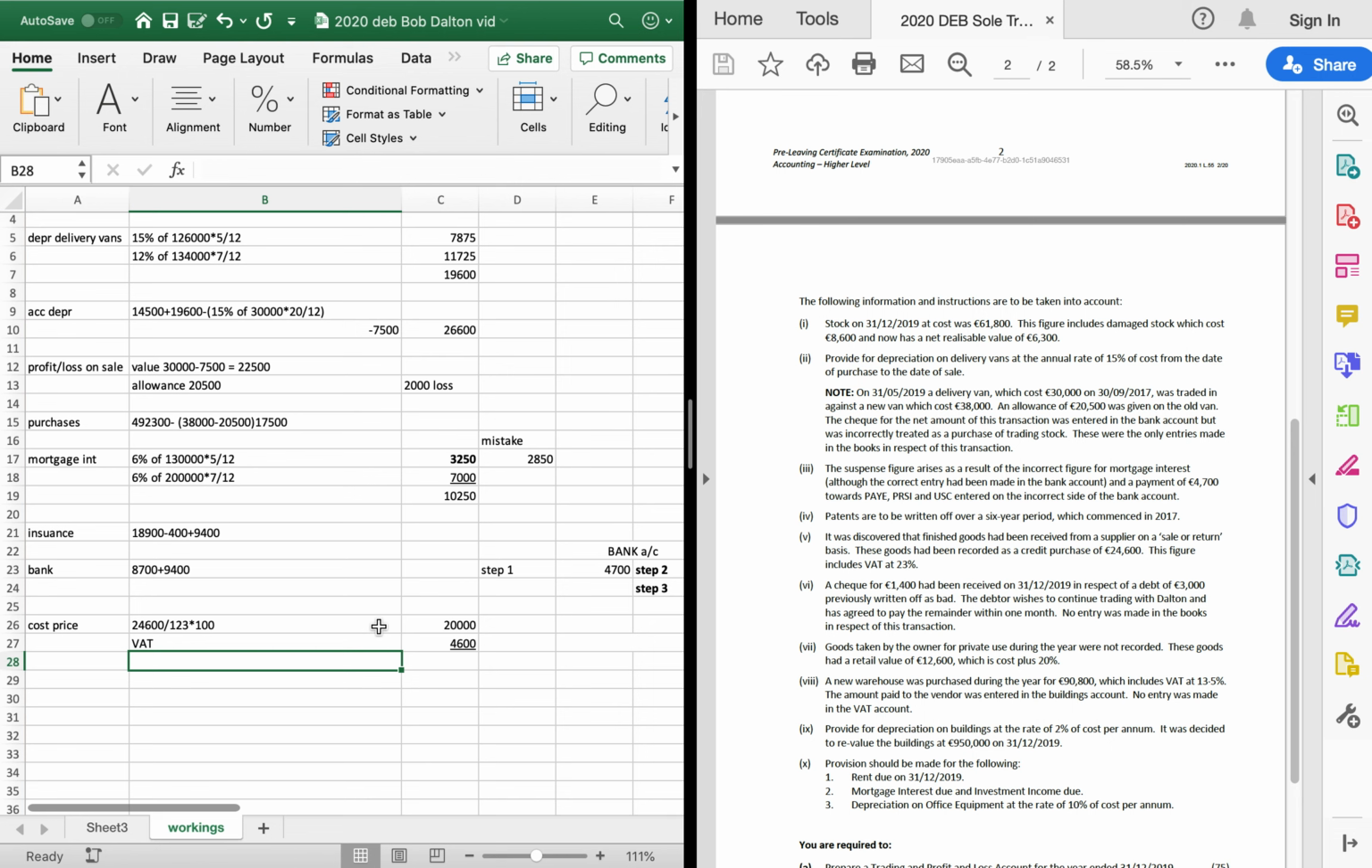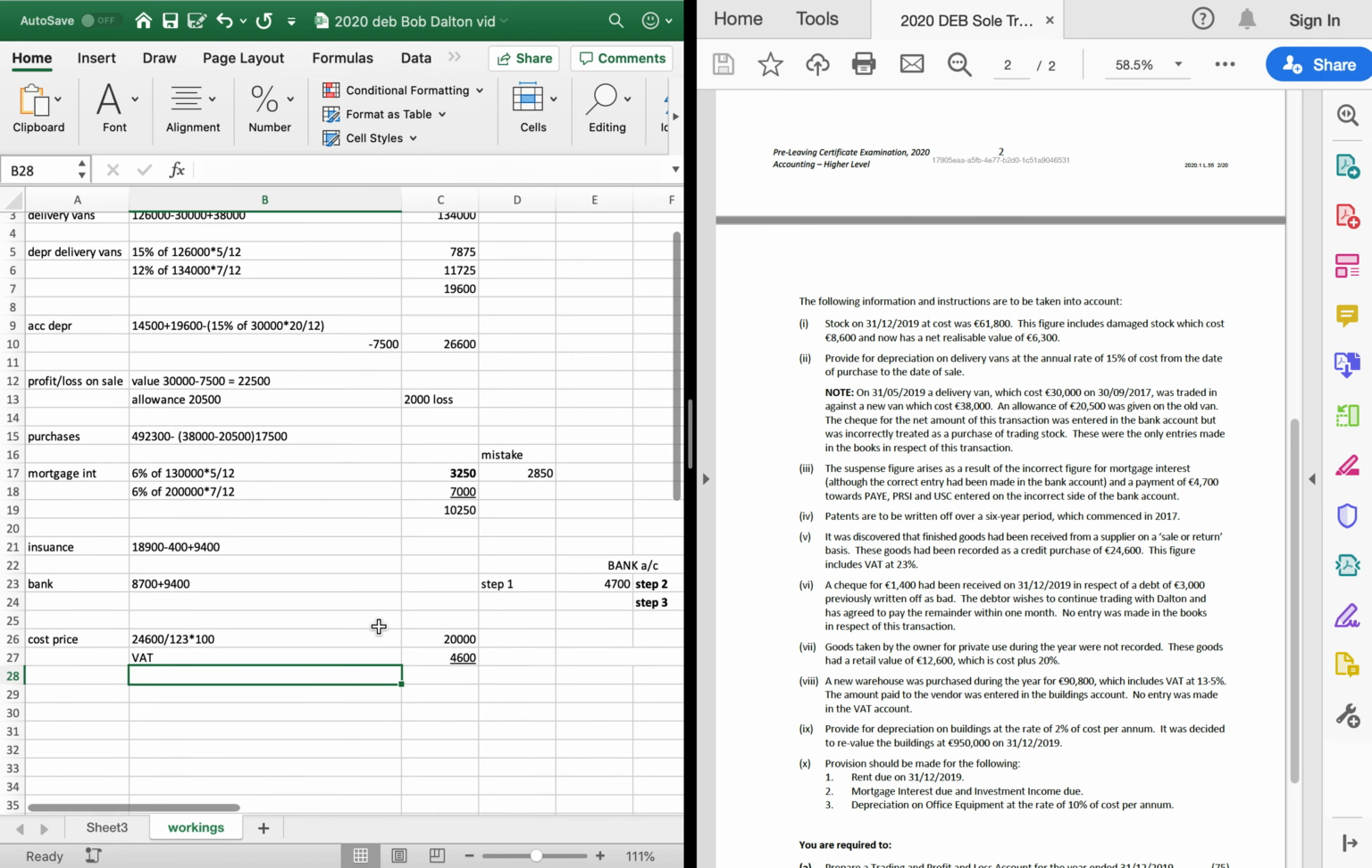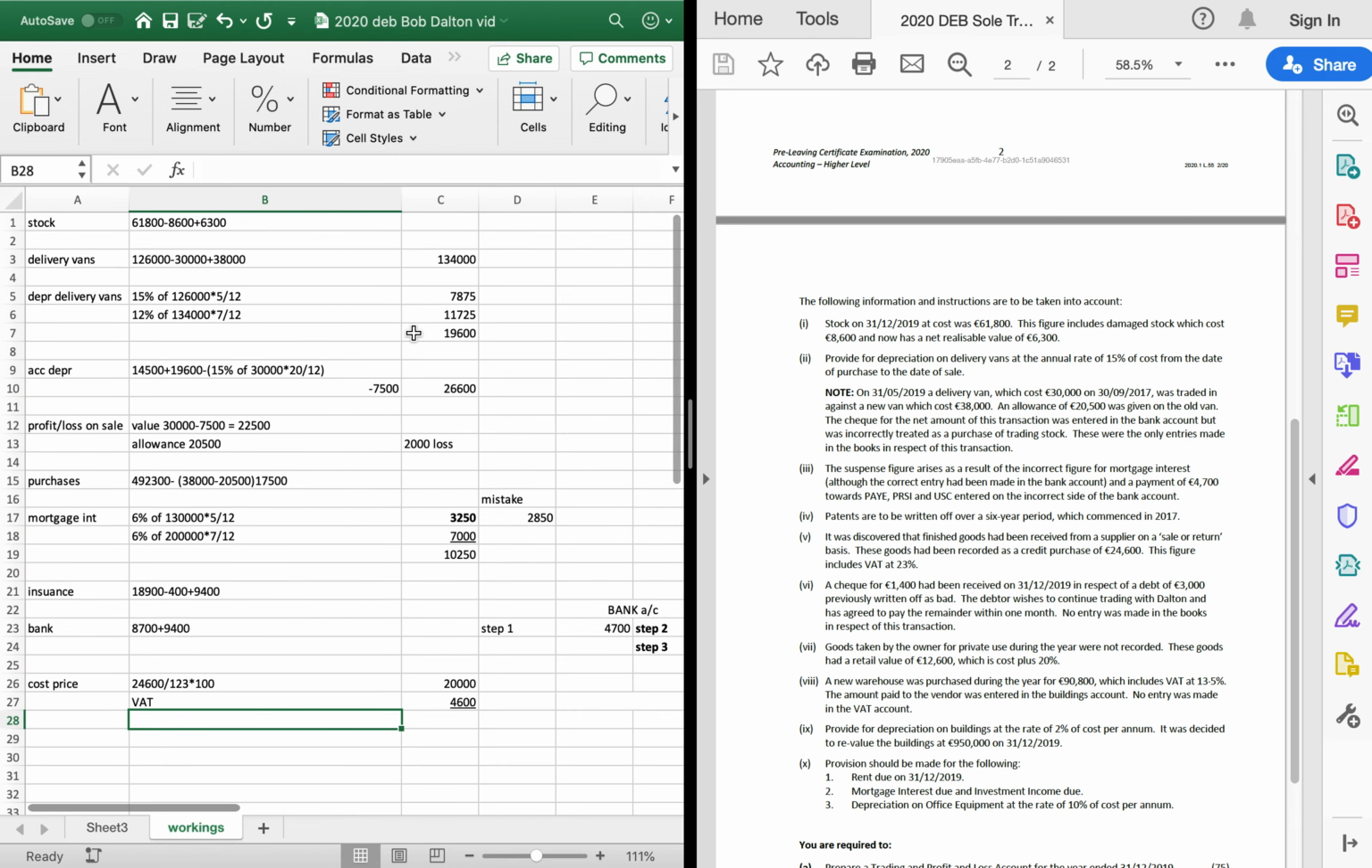So what does that do? If you undo what they've done, it means you have to reduce purchases. So you're going to credit purchases by 20,000. So purchases is going down by 20,000. So we're going to credit that. And we're also going to credit the VAT by 4,600. So if we credit purchases to get rid of it, we also credit VAT. So VAT has to go down by